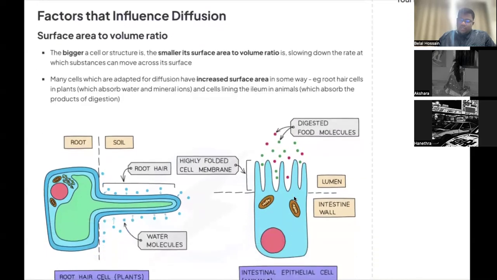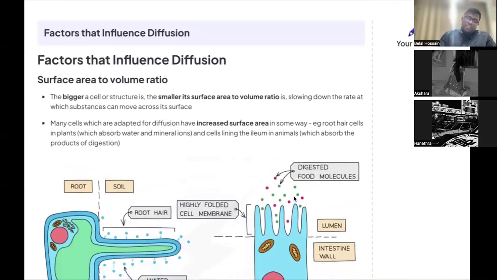Anyways, diffusion is due to random motion of particles. So just keep that in mind. Diffusion is due to random